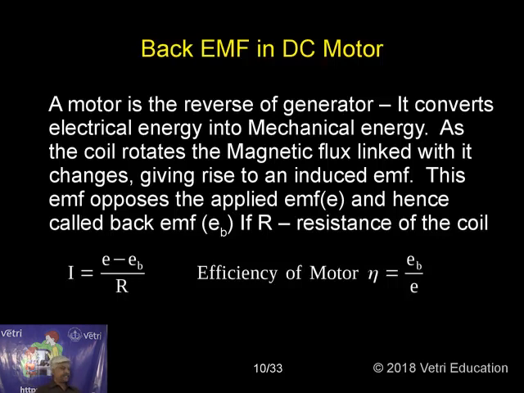The symbol for efficiency, as we know, is eta, that is Eb by E. What is called Eb? Back EMF by applied EMF, to find the ratio. So how much EMF we are giving and how much EMF we are getting. If both are the same, it is 1. The maximum efficiency of a motor, 1%, 10%? Is it possible? Definitely,